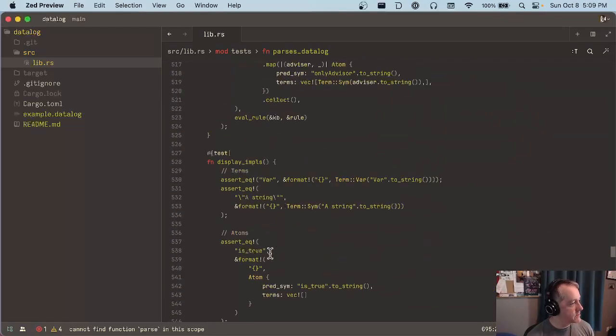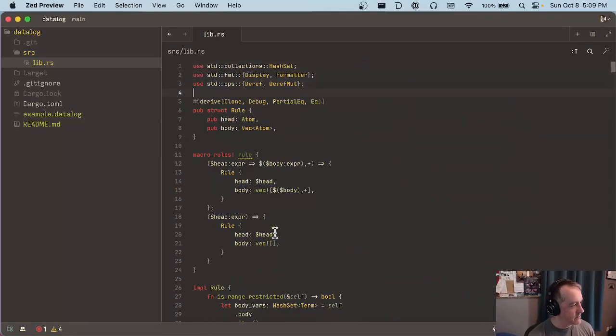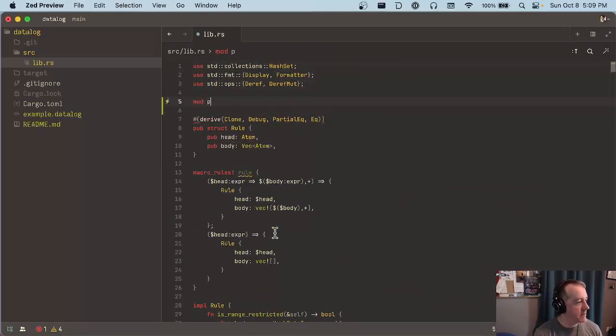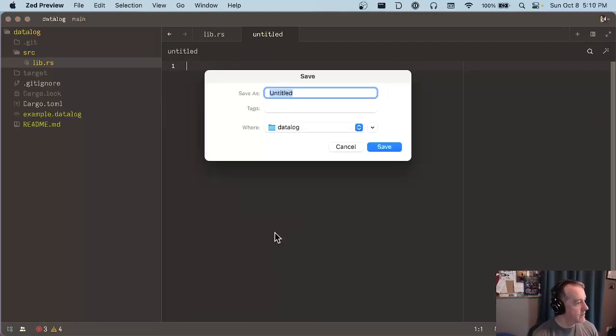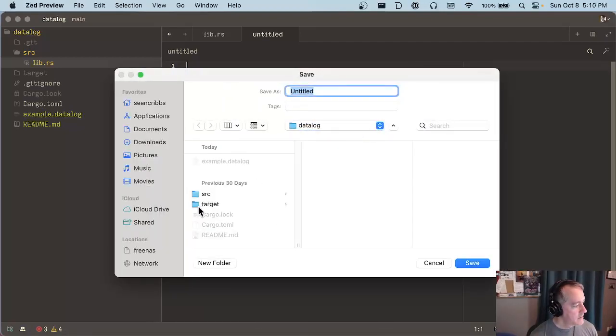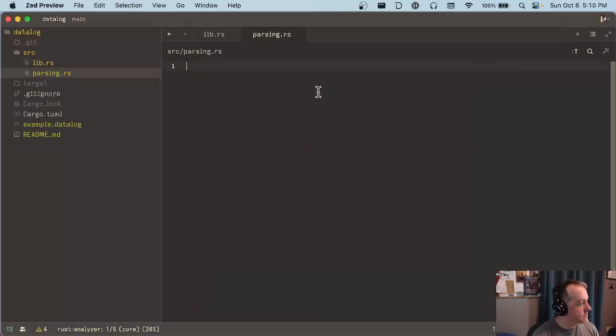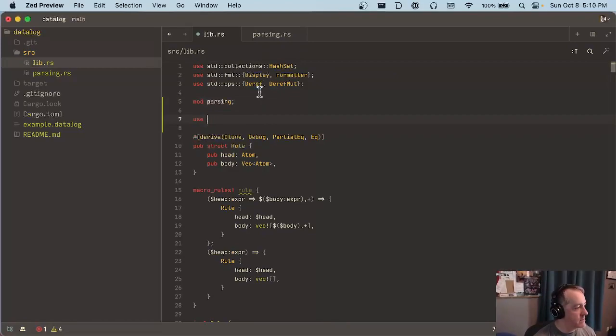and here's why I might actually make a new module. We haven't done this in the program yet, in this crate. So let's make parsing, and this is going to be our mod, so we'll save it in the Datalog source, and this is going to be parsing.rs. This is going to contain all of our parsing stuff, and what we want to do up here is use, let's actually pub use. This is not a thing that we're going to ship,